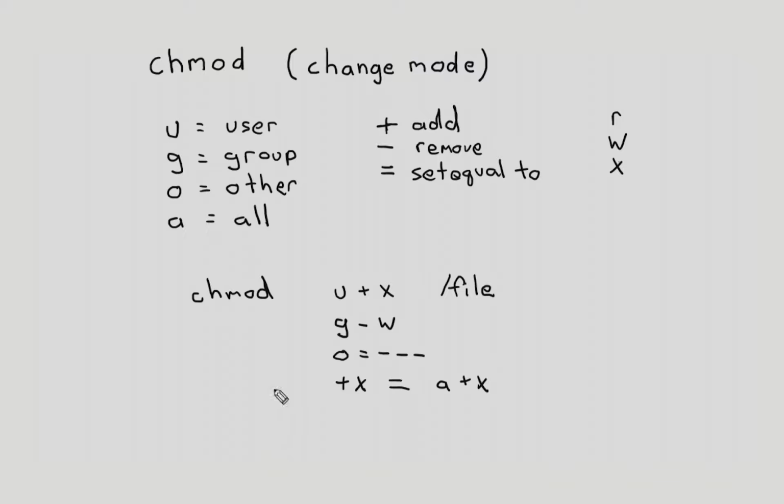What's useful about the octal method is that, say you wanted to set the user permissions to read, write, execute, and the group permissions to just read, execute, and other with no permissions. You would have to write 3 different commands to do that with the symbolic method, like we did here. Let's say we wanted to do U equal to read, write, execute,